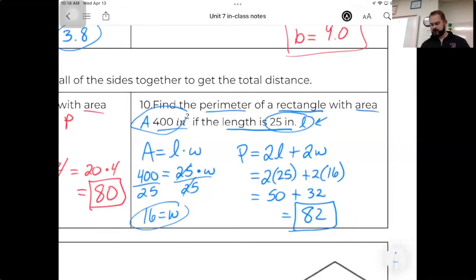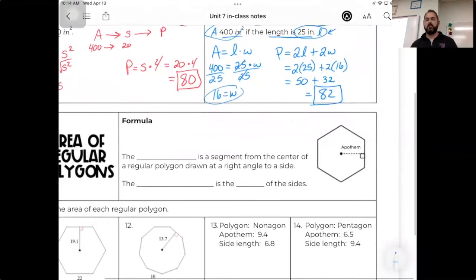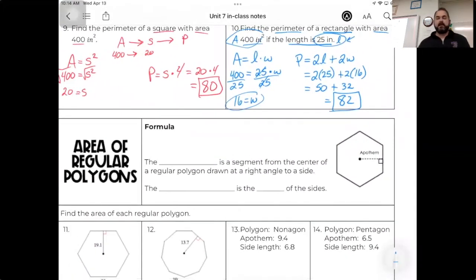Okay. So that kind of rounds out our discussion on these simple shapes, but we do have other shapes to work with, and those are any other polygons. We've so far only done the areas of triangles, rectangles, squares, parallelograms, trapezoids, and circles. Other than circles, these polygons we've been using have either 3 or 4 sides. Well, when you start adding sides and get things like pentagons, hexagons, octagons, that changes the way we find the